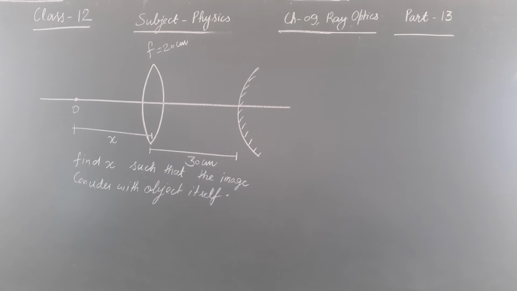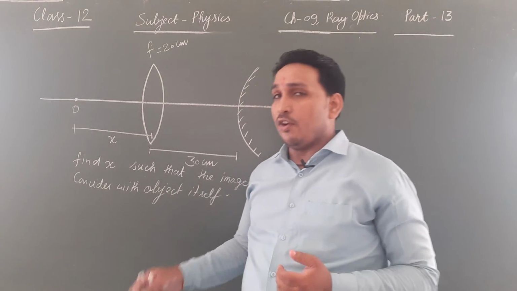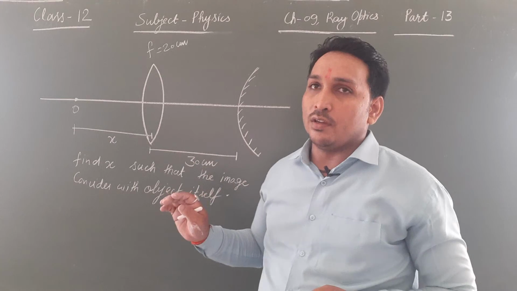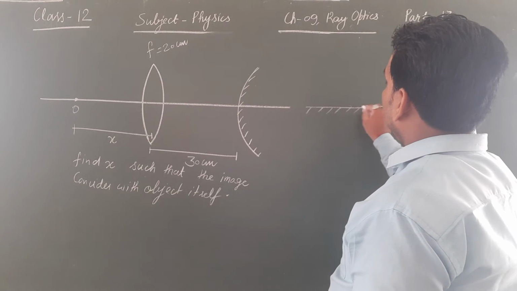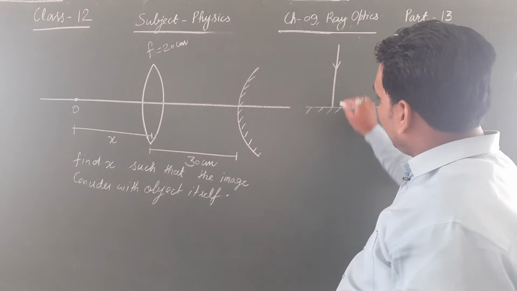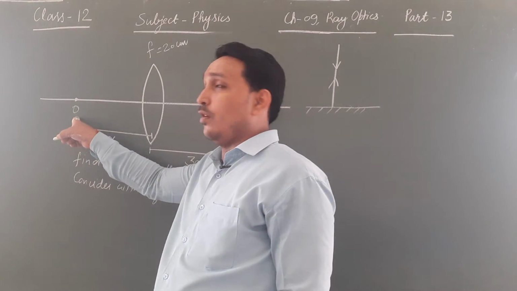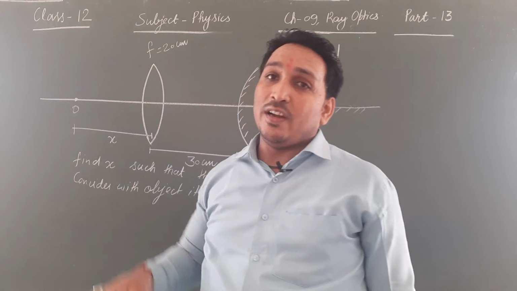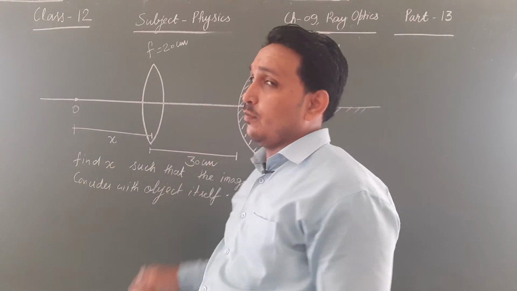First of all, you need to understand again, the image of the object has to coincide with the object itself. It simply means that in this case also, the ray of light must fall on the mirror normally, because normal incidence is such a case. Suppose this is a plane mirror. Normal incidence is such a case where a ray of light falls on the mirror and then retraces its path. And for the image to be formed on the position of the object, the ray of light has to retrace its path, and for that the ray should fall on a spherical mirror normally.